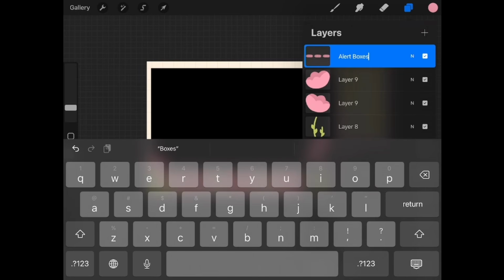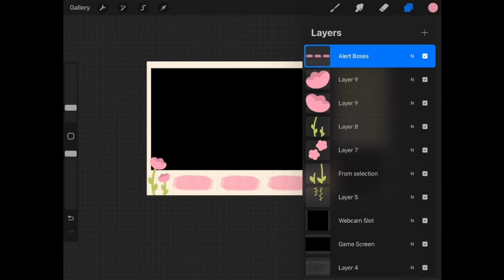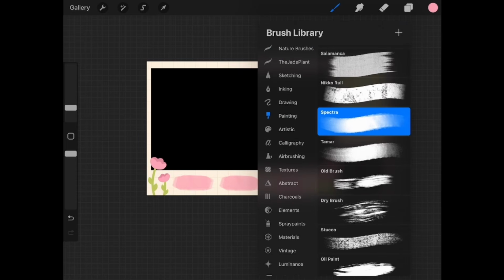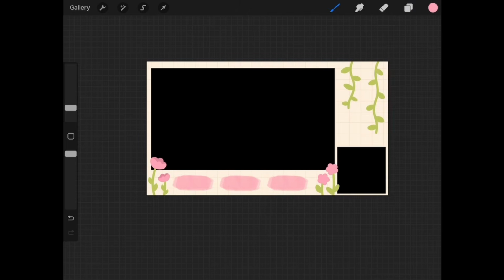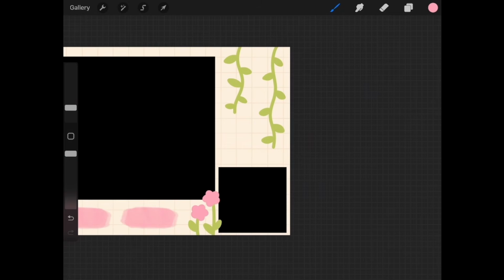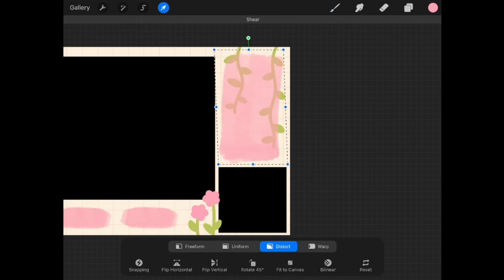And I've renamed them so we're organized, and that's how those look. And then I'm also adding a chat box using the same brush on its own layer. I resized it a bit to straighten it out, and there you are. Now at this point you'll notice